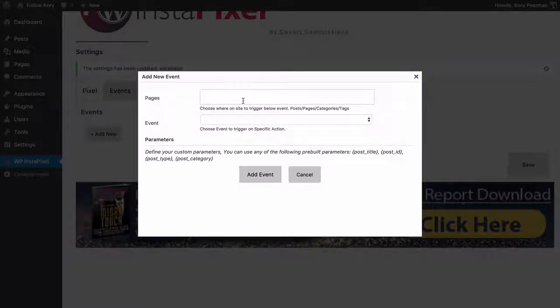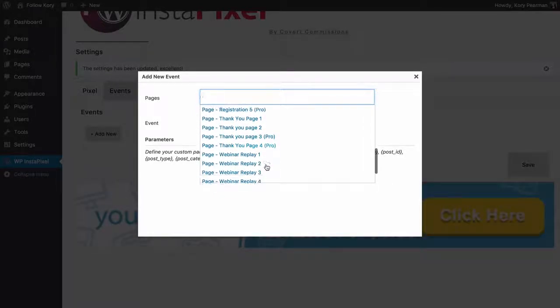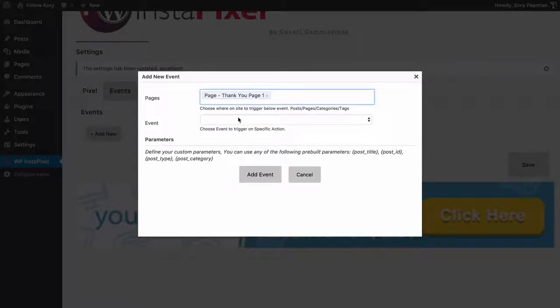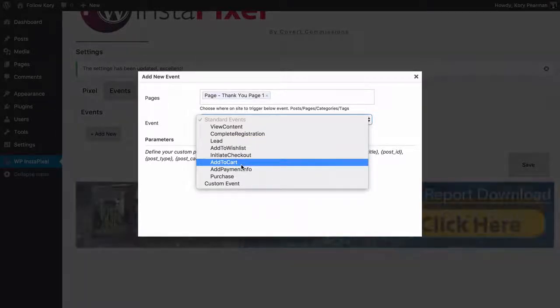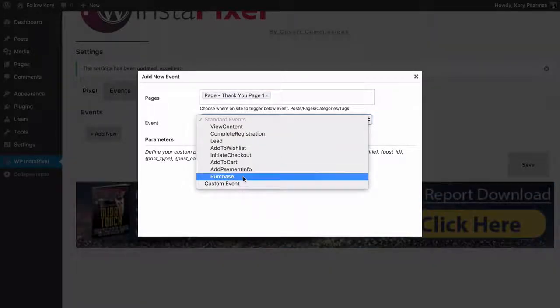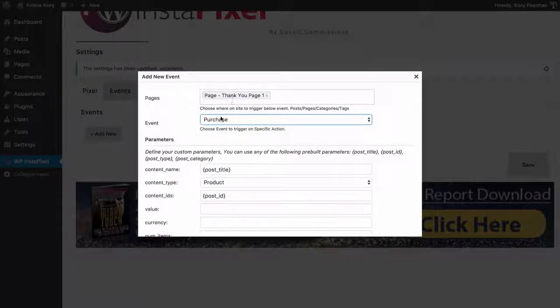So for example, inside of my pages, let's say that I have a thank you page that someone sees once they purchase my products. So I will choose thank you page number 1, for example. Then for the events, you can see the different types of events that we can track. Maybe someone signed up to our squeeze page and they joined our list. That would be a new lead. Maybe someone purchased something, so forth. We're going to say this is a purchase